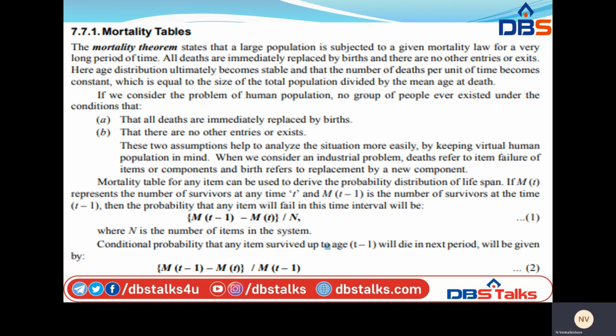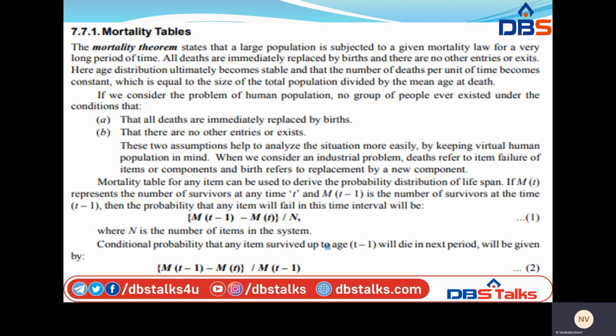That is, if m of t represents the number of survivors at any time t, and m of t minus 1 is the number of survivors at time t minus 1, then the probability that an item will fail in this time interval will be m of t minus 1 minus m of t, whole divided by the number of items, that is capital N. Then conditionally, the probability that any item survived up to the age t minus 1,